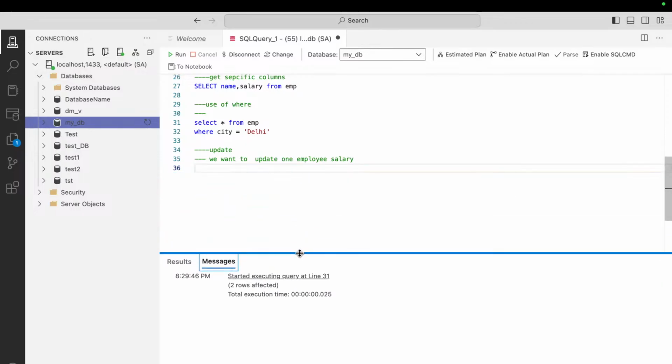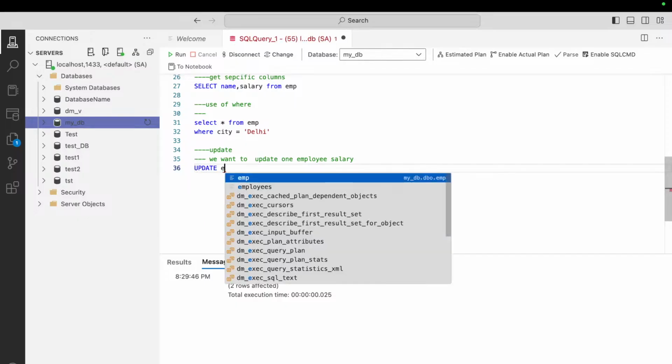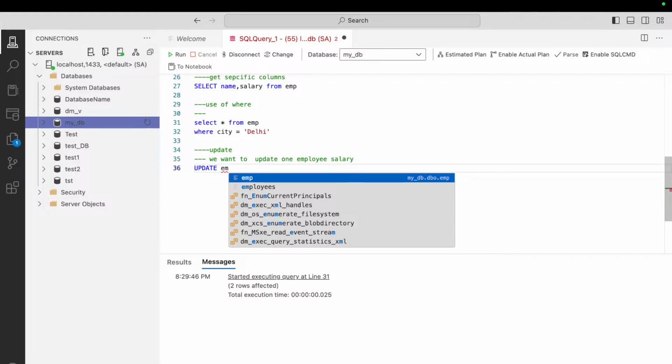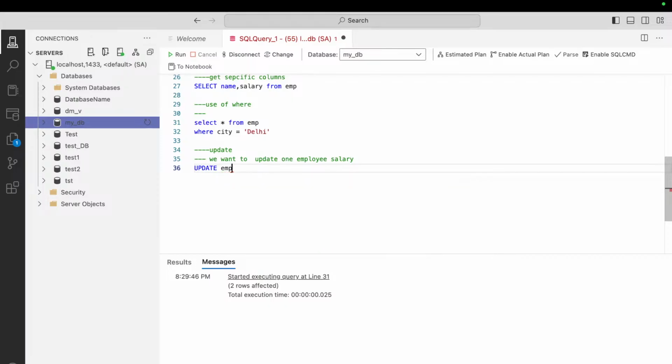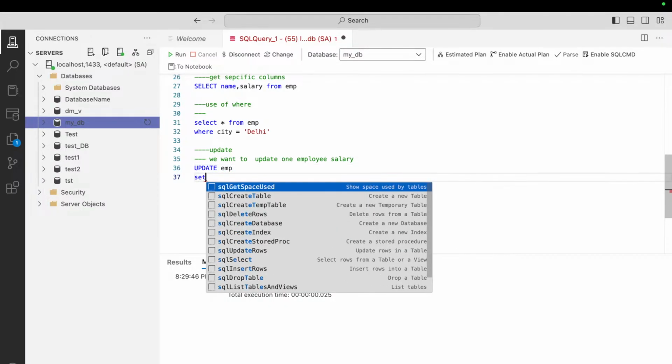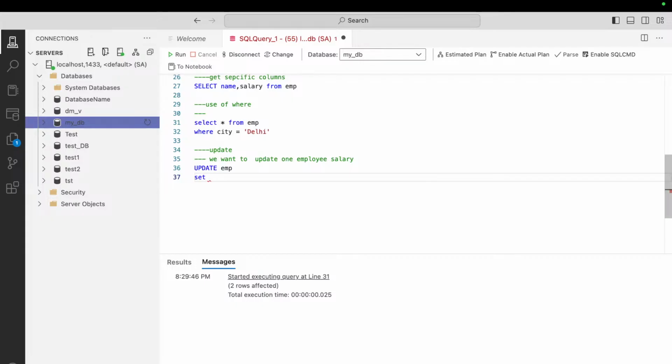Let me put it down. So we are going to use the UPDATE command here. For that purpose I am just going to use UPDATE and the table name, which is our employee table, and we are interested to SET salary equal to 50,000 where the employee ID